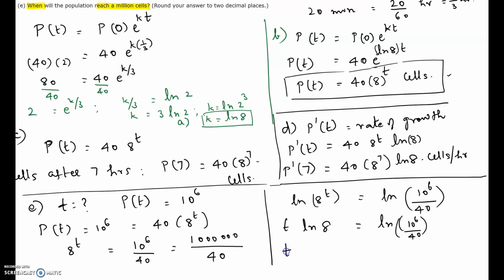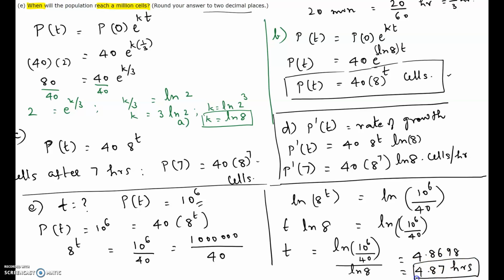Dividing both sides by ln 8, t will be ln of 10 to the power 6 over 40 divided by ln 8. This will be 4.8698 from your calculator. But the problem asks you to answer to 2 decimal places. So it will be 4.87 hours. So the population will become 1,000,000 after 4.87 hours. Hope this video